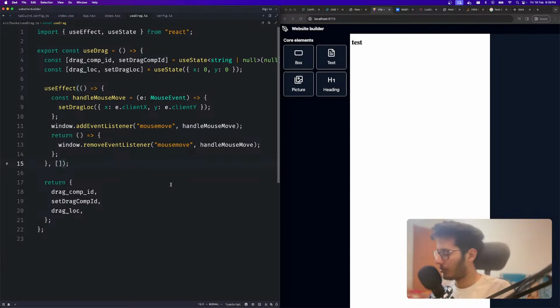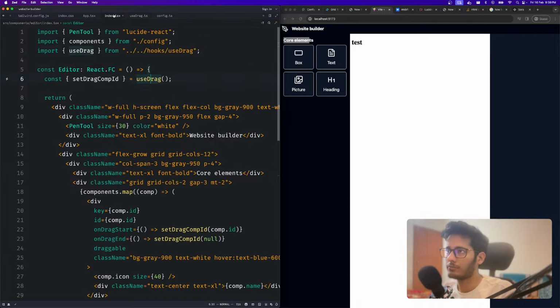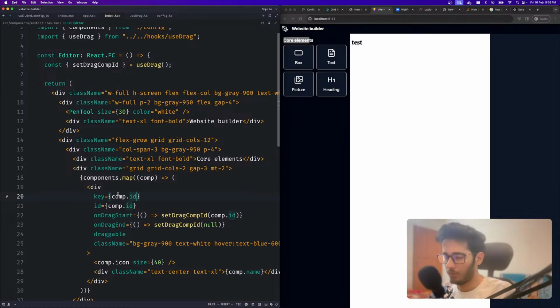Okay, now we've had enough talk. Let's continue the development. We have the website builder, we have the core element, and we want to have this drag and drop stuff. We have this useDrag. Now what we want to do is, whenever we experience a drop, we want to check that the element is